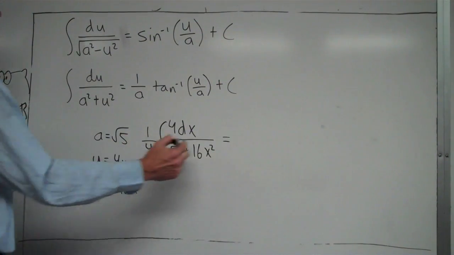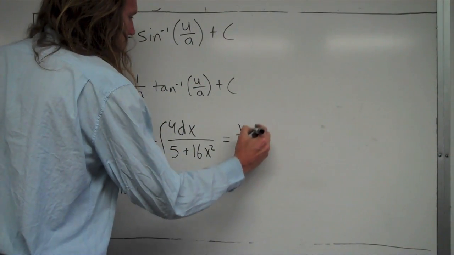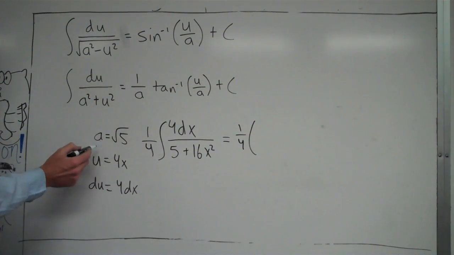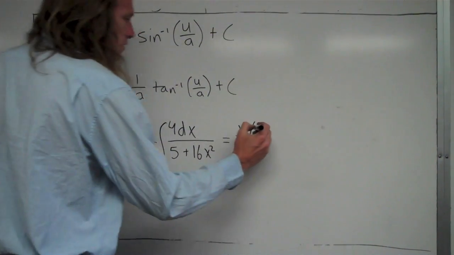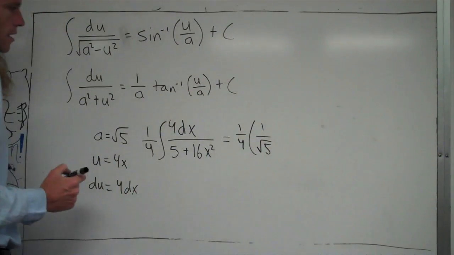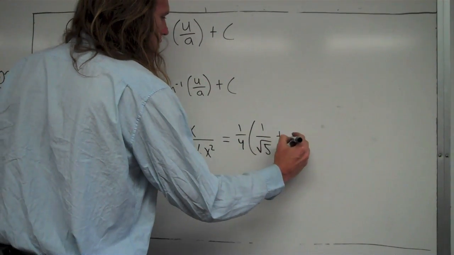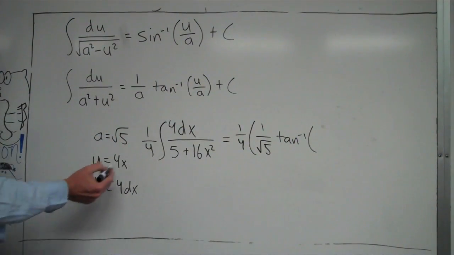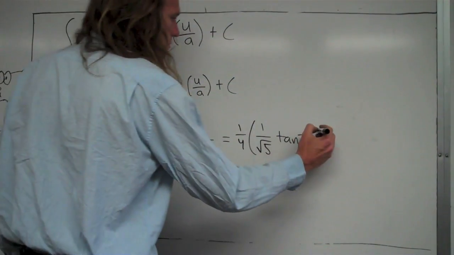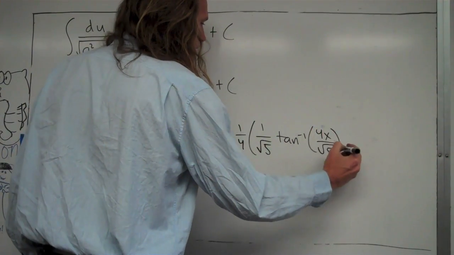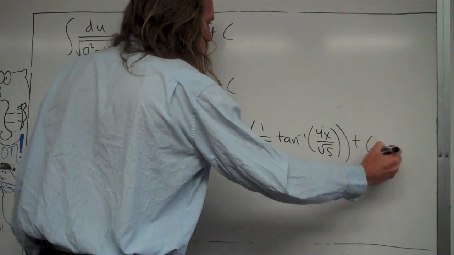Alright, so what I'm going to do now, okay, I'm going to apply my formula. So the 1/4 out here just goes along for the ride, so I'll just put that here. Okay. And now my formula says it's 1 over a, so a is square root of 5. It's 1 over square root of 5. And then it's inverse tangent of u over a. So u is 4x, a is square root of 5, so it's going to be 4x over square root of 5. Okay. Close out my parentheses, put a plus c,